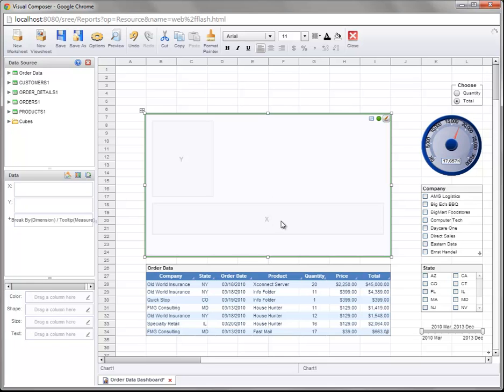On the x-axis, we're going to want to place the order date field. So expand the data source node, the order data block. And when you're setting up a chart, you'll notice that the fields are divided into dimensions and measures. And that's based on the data type. So fields that contain string type data or date type data are considered dimensions, and numerical fields are